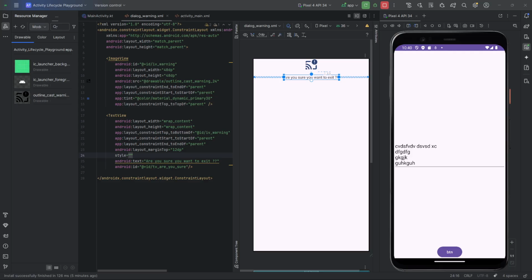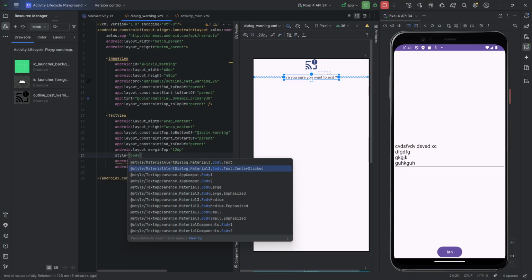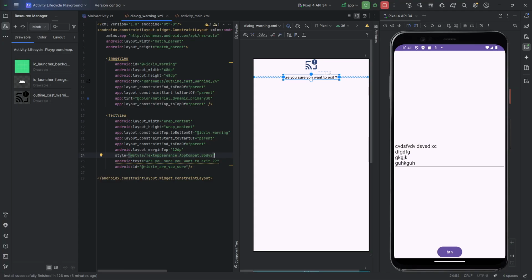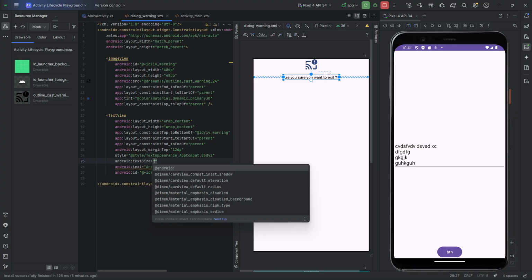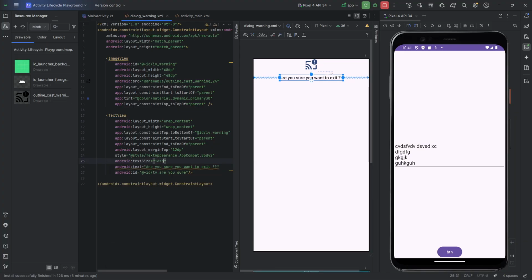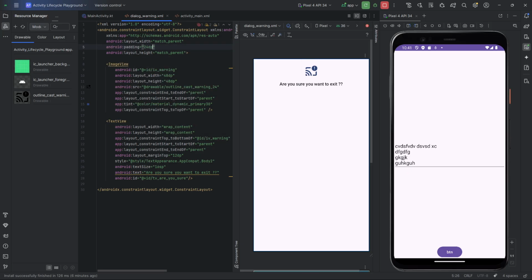And the final thing I do is I give the whole thing a bit of padding. So padding, I don't know, 20 dp, squeeze it in a bit. That looks okay. So I've built a layout there in record time. So rather than setting a message, you can set a whole view, a whole layout. So R.layout.dialog_warning. So if we go ahead now and run this,